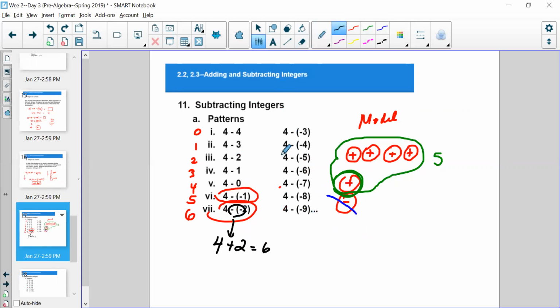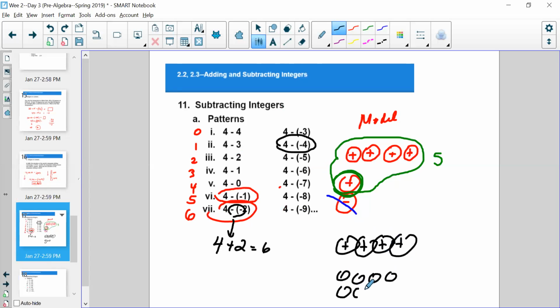And so look at this: 4 take away negative 4? Well, if I model it with the counters, I've got 4 positives, and I need to take away 4 negatives. Well, I don't have 4 negatives to take away, so I'm going to add 4 zero pairs. And so now I can take away those 4 negatives, and it leaves me with the 4 positives here plus